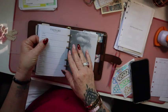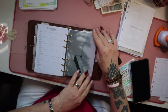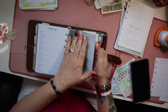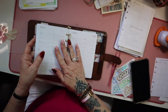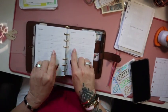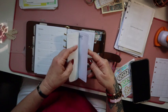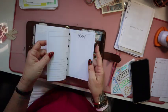Then the next one is my password tracker. So it's got some of my passwords in there. Again, this is dashboards from Noted Co, and the feeling of it's like velvet. That's why you probably see me touching it quite a lot. The next one is my contacts, and this is the mulberry insert, and it's actually quite cute, so I've started filling that up. And from there we just have note pages,